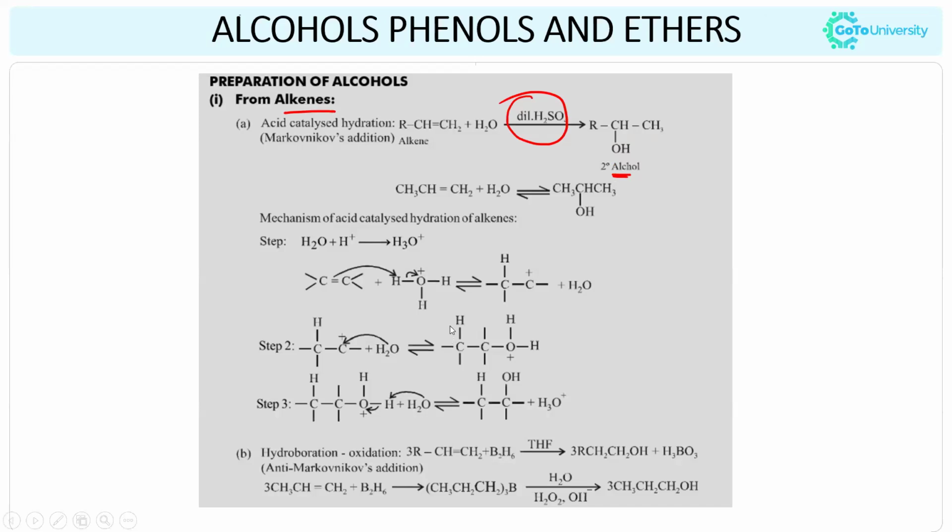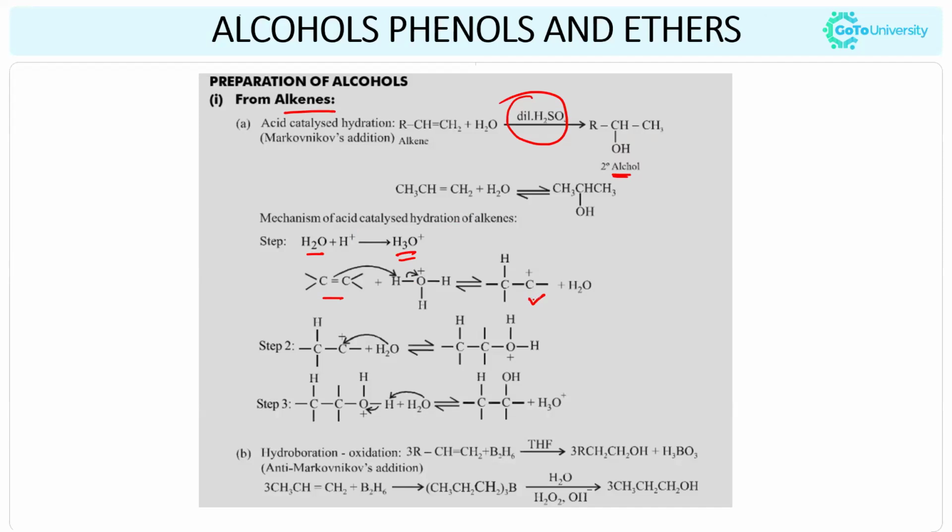So if you consider this reaction, the carbon-carbon double bond is there, and the double bond is attacking the hydronium ion. Hydronium ion is usually produced from the acid, because this reaction is carried out in the presence of the acid. So the acid reacts with water and produces the hydronium ion, right? So this hydronium ion will be attacked by the alkene, means the compound, and they will produce